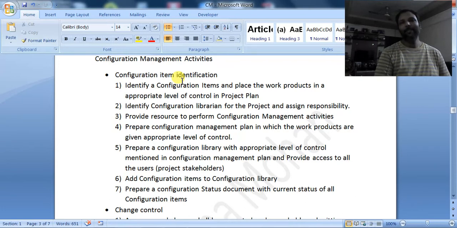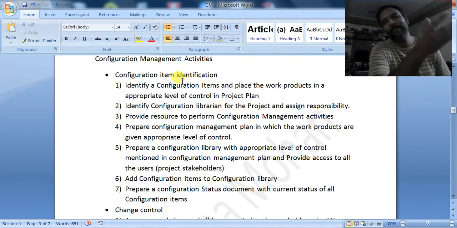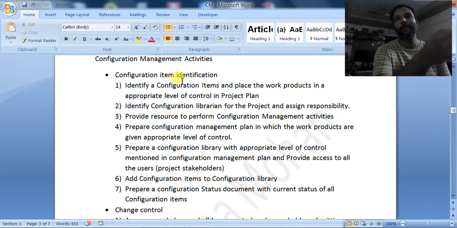Suppose SRS is there, you have to give some unique number or unique ID to it. You might be thinking, for every document there will be a unique ID. That is what the configuration management process says. Every document should have some unique ID.